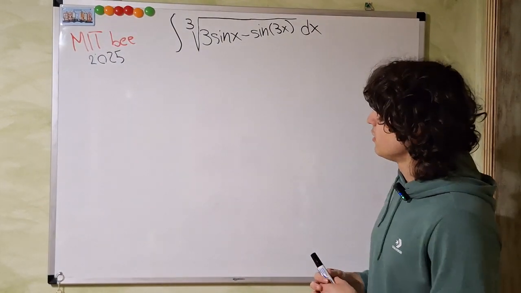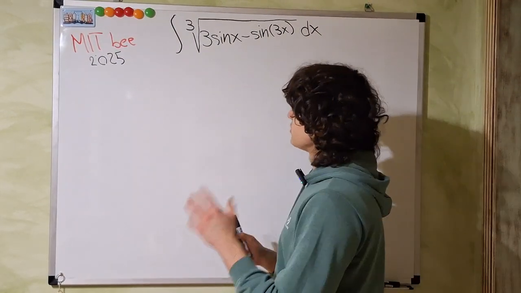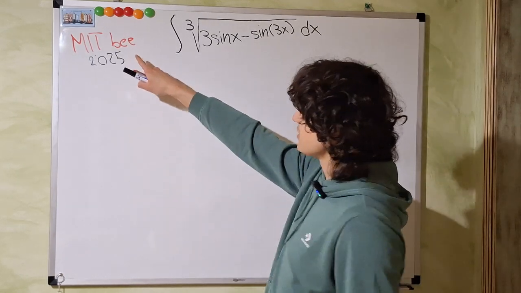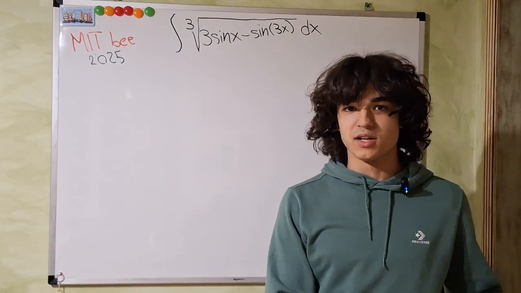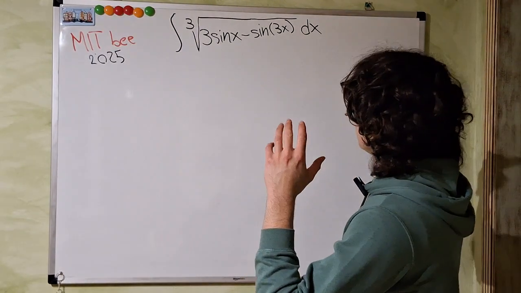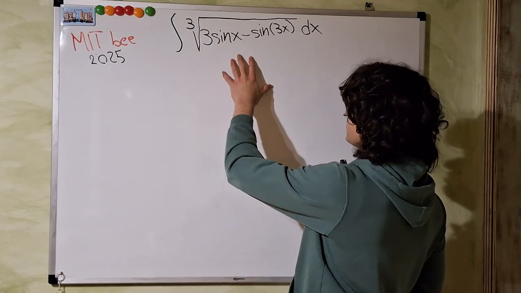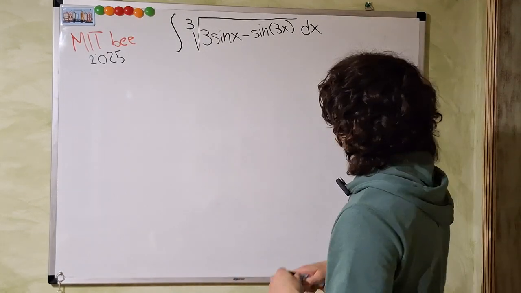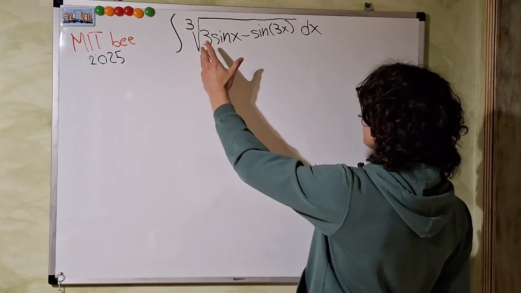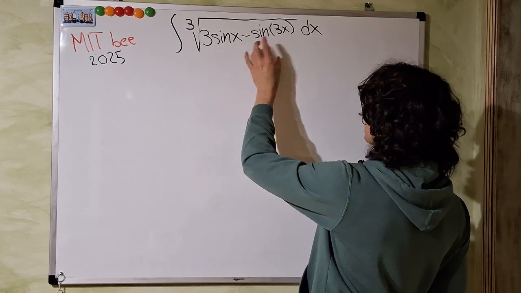Welcome to another video on integrals, and we're still solving integrals from the MIT Integration B 2025 qualifying paper. And we're solving this integral today. It is the third from the list, and we have a cube root of 3 sine of x minus sine